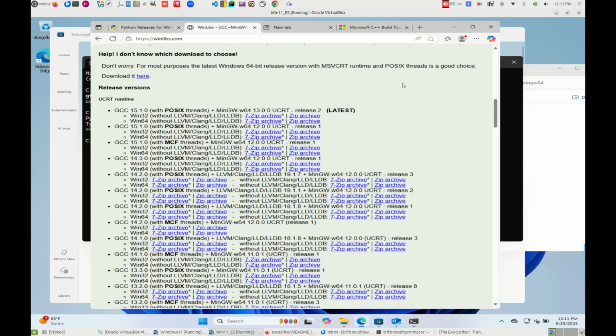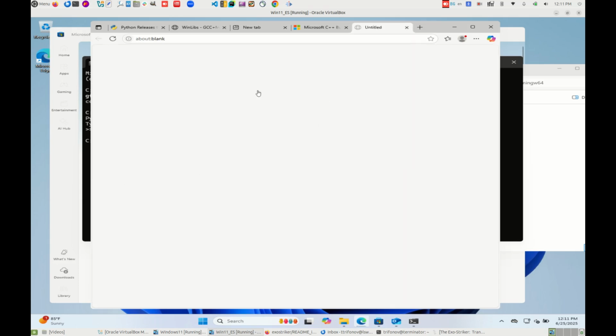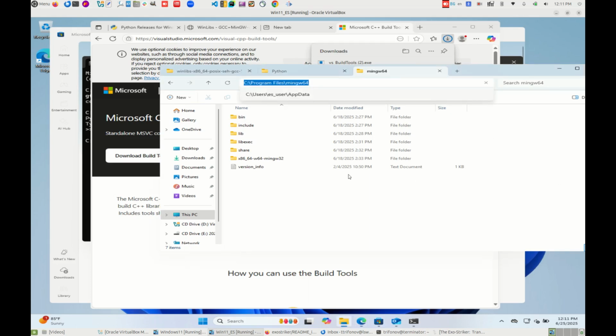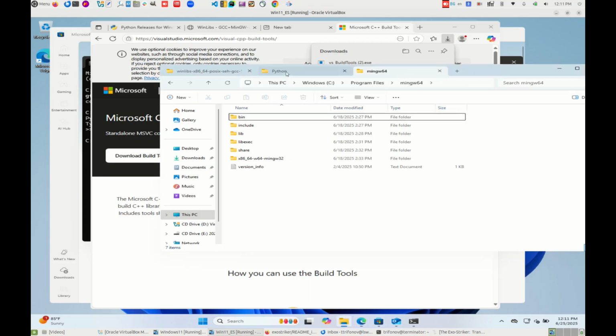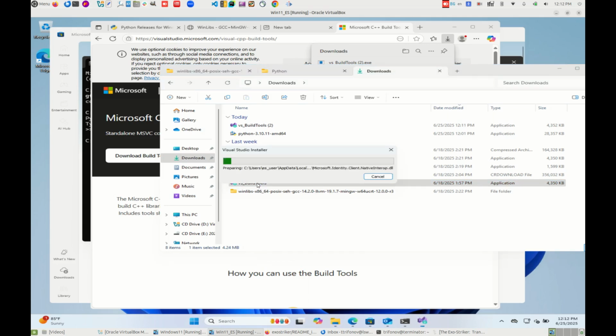Now is the Microsoft Build Tools. Basically, you go to the web page, everything is provided, links are provided. So you go to the build tools exe. I already downloaded it, so we will just open the downloads. Here I have it three times already. If you click on the exe,